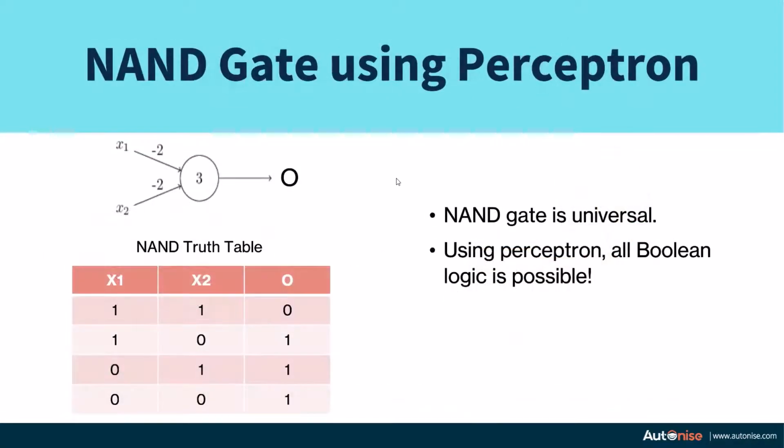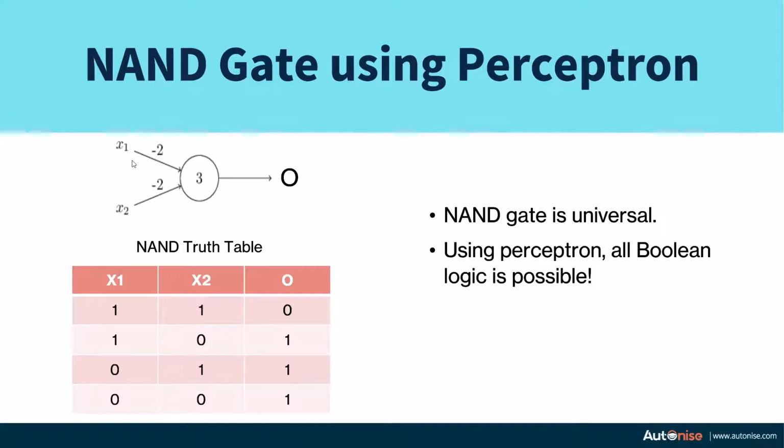Okay, so the next thing is, let's try to understand these perceptrons using a NAND gate. Let's try to understand whether our perceptrons can take all kinds of decisions. People doing electrical engineering or electronics engineering might know that if you can create a NAND gate, then it's called a universal gate, because you can combine NAND gates with any kind of other gates and create any gate possible. So you can create any Boolean logic by combining lots and lots of NAND gates.